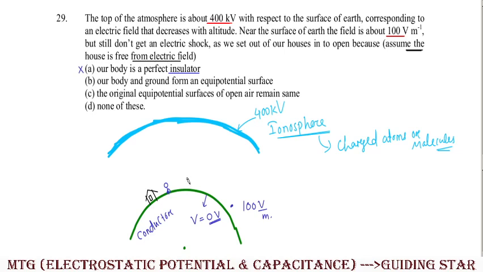So that means human beings as well as the surface of Earth possess the same potential. Clear? Okay. Another thing: if we consider same potential, what does it mean? Over the surface of Earth at any location, potential will be 0. If potential is 0 at any location over the surface, that means when we move along the surface, we